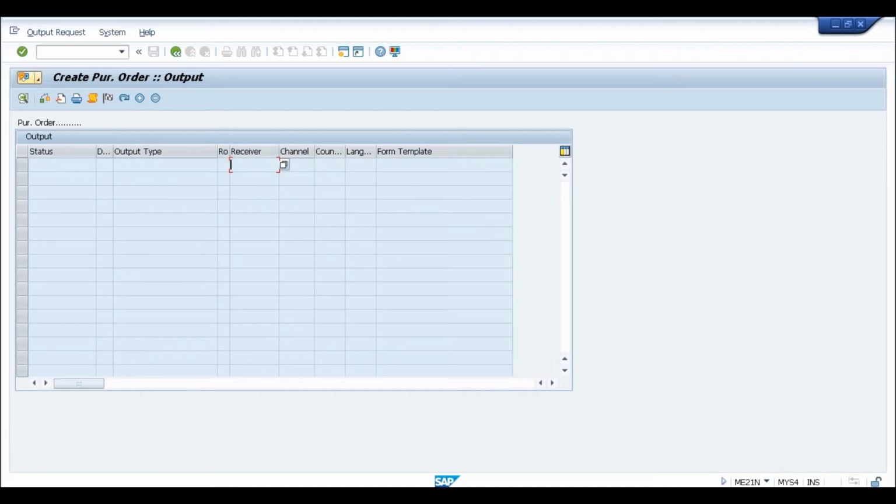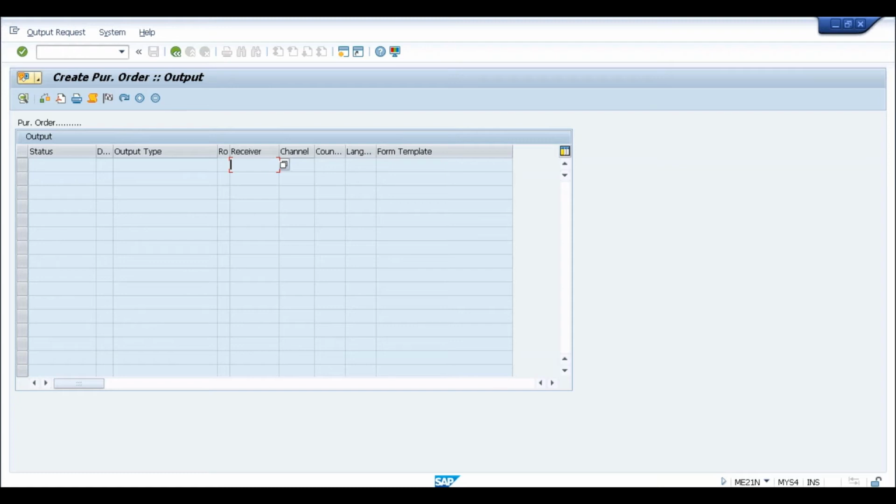So earlier, whatever configuration we were doing through NACE for purchase order output, that configuration is now replaced with the new component called BRF Plus, Business Rule Framework. So instead of configuration of output determination from NACE, SAP S/4HANA 1511, please make sure you are understanding what I'm saying. If you have any questions, you can ask. Be clear on the terms that I'm using.